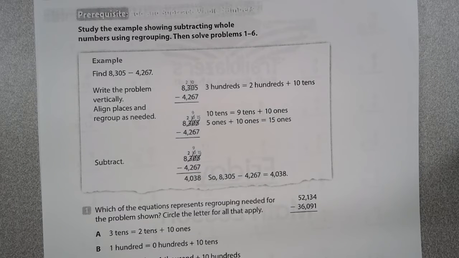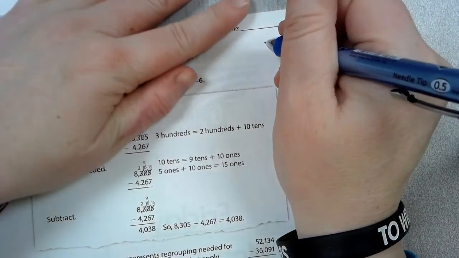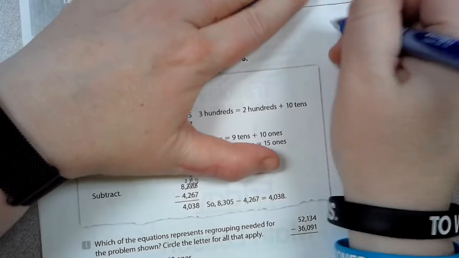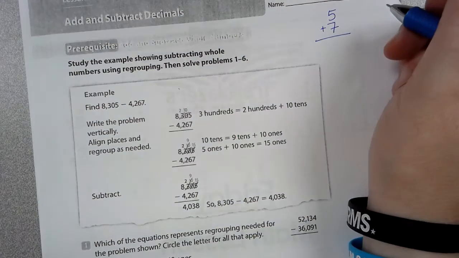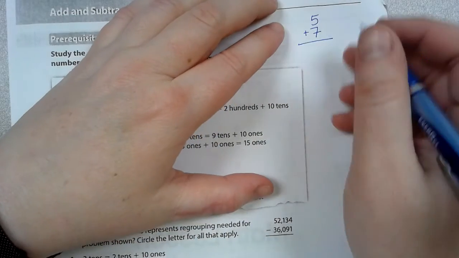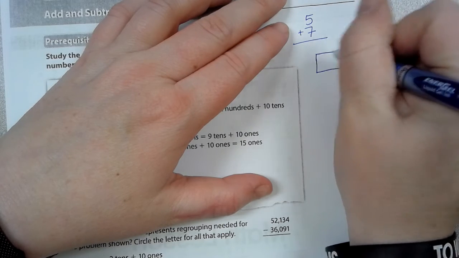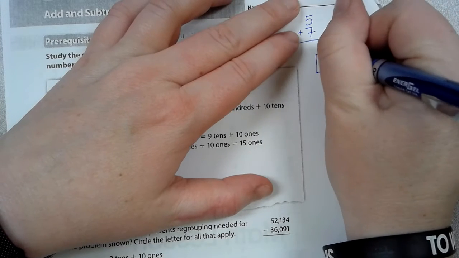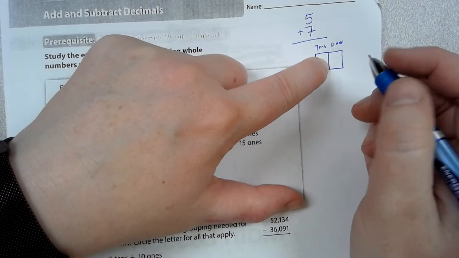And I did a video once before about how you can break certain things up. Like, for example, the numbers 5 and 7. 5 and 7 equals 12. But if we were to do it in place value, your 10s, your 1s, we can't put the 12,